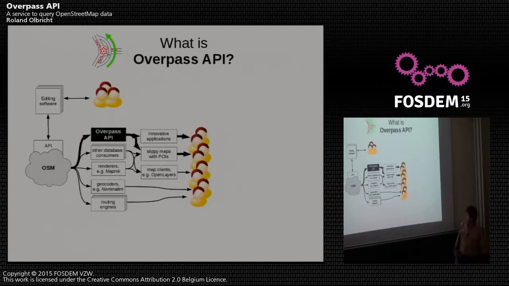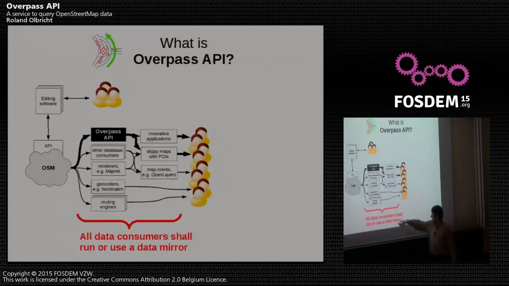We have this database server, which has an API of its own, but it is dedicated only to editing software, not to data consumers, because editors really need synchronization. Otherwise you would get conflicts when you try to write back updates that were based on outdated data. So only editing software should connect directly to the OpenStreetMap database server, and everybody else